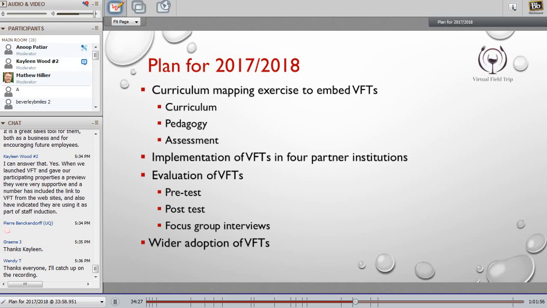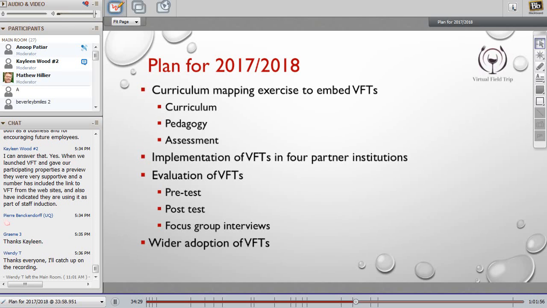Now what we've done, we have already undertaken the curriculum mapping exercises and also looked at the pedagogy and assessment, which I discussed just now. We have implemented the virtual field trip in 4 partner institutions, and we have already undertaken the pre-testing of the surveys in all the partner universities.